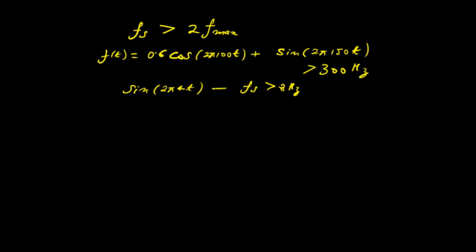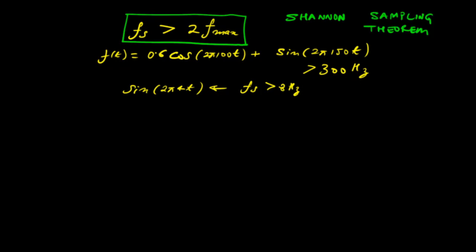In this particular example, that is not true for any general signal. So the criterion that one should follow is that the sampling frequency should be chosen such that it is greater than 2 times the maximum frequency that one can have in the signal, and this result is called the Shannon